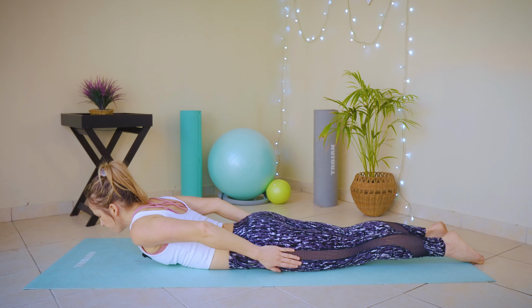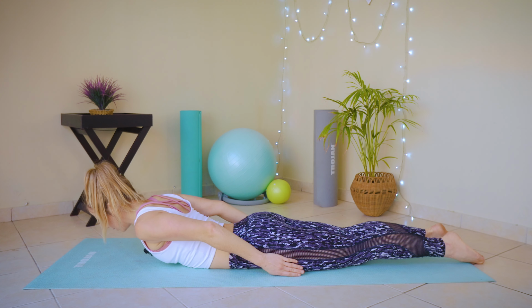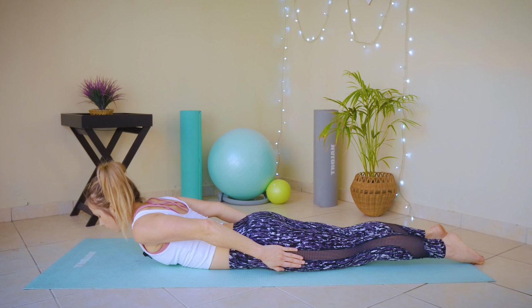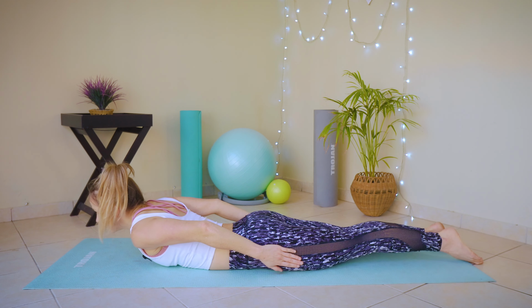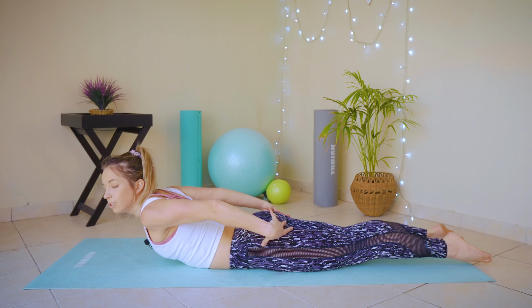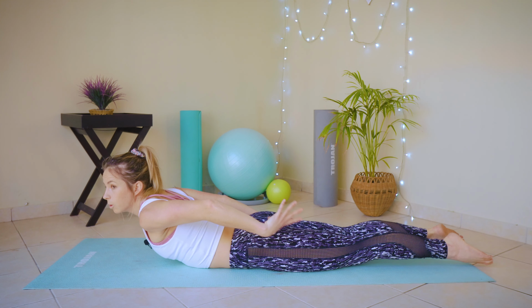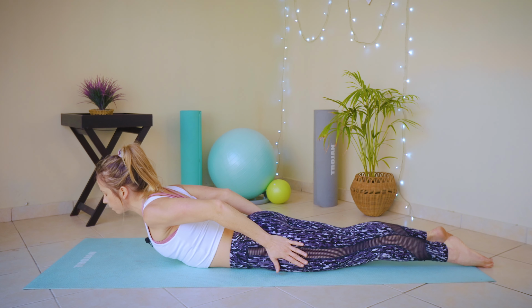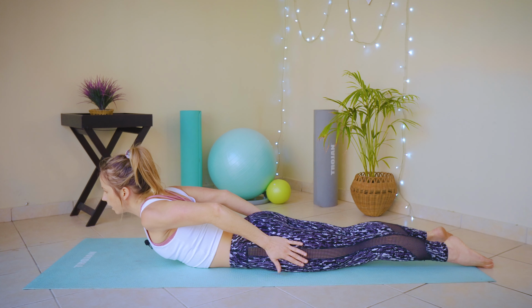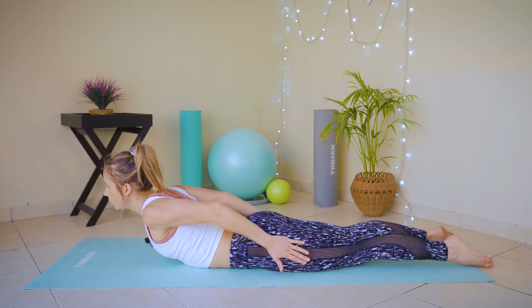Hands on your sides, placing your neck in a neutral position, nose on the floor. Let's inhale, and on that exhale, we're lifting head, neck, and chest off the ground, trying to release and rest our glutes as much as possible. This is all back extensor work and core, and pushing those hands into the ground, squeezing those gaps together for 10, 9, 8, 7, 6, 5, 4, 3, 2, 1, and